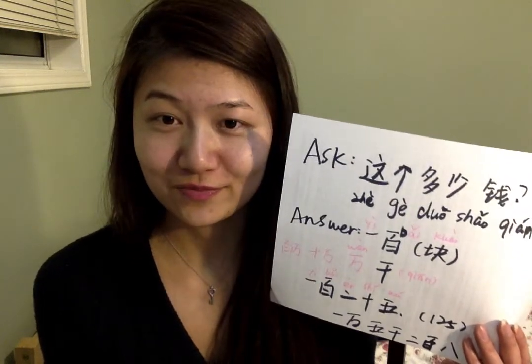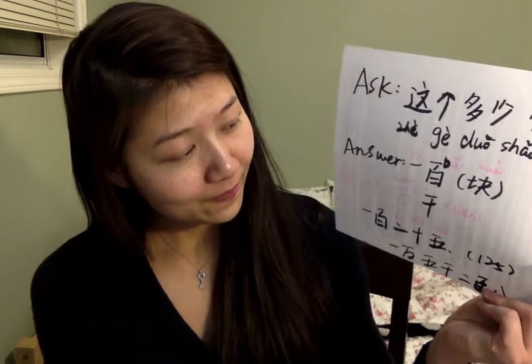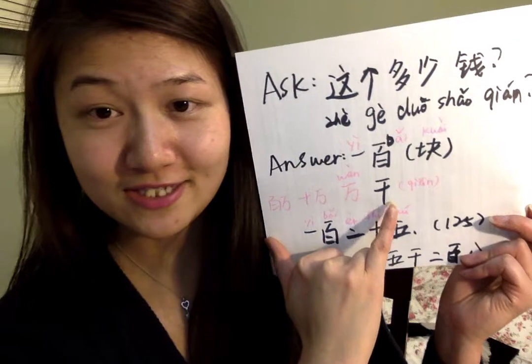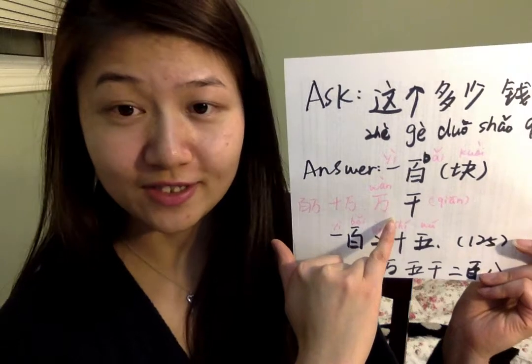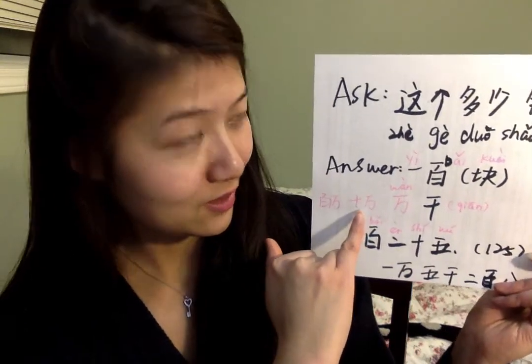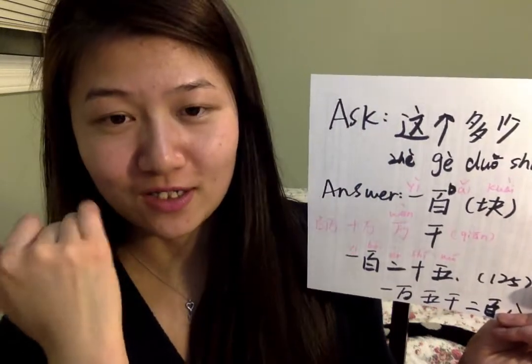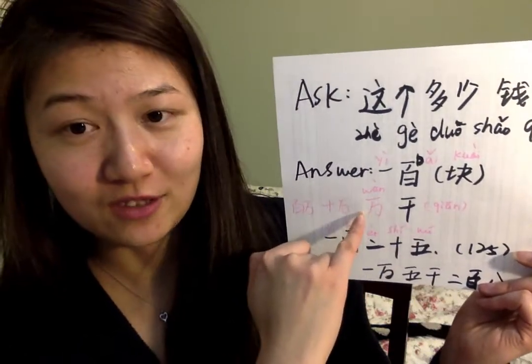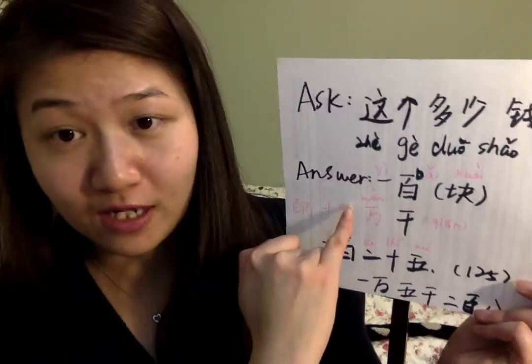100块 means what? 100, yeah, 100人民币, 100块. If it's like 1,000, we can say 1000 here. 千, 1000. And then 10,000, we say 1, 1, 1,000. And then it's 10, no, it's 100,000. It's 10万. And then will be 百万, 千万. Just directly add the 千 and 10万 in front. Okay, so this part is bigger number.